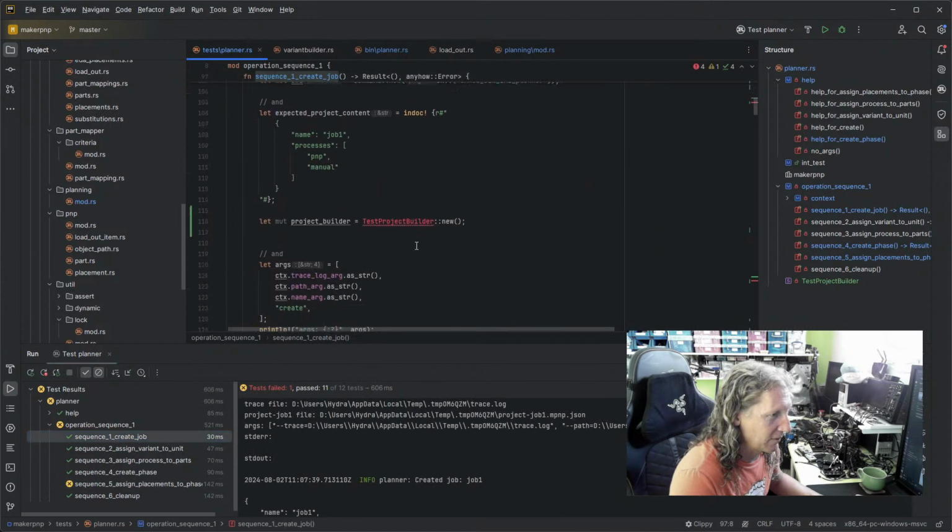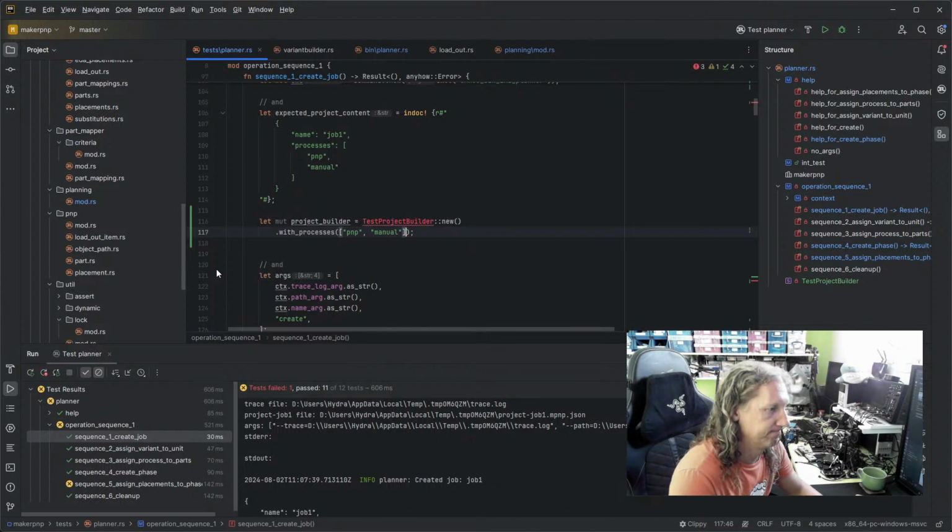Right. Then what do we want to say? We're going to create one of these things, and then the normal builder pattern is to go dot and then with processes, and let's say PnP and manual. Right. Seems reasonable. And then let's say